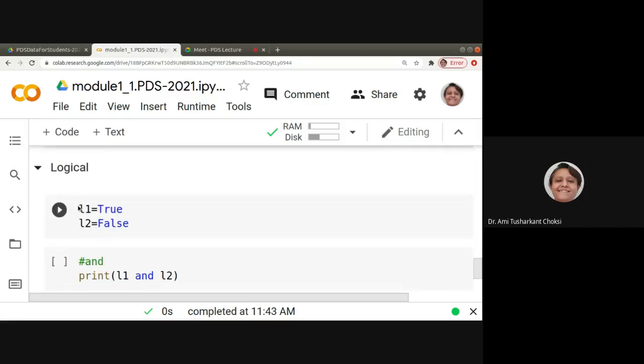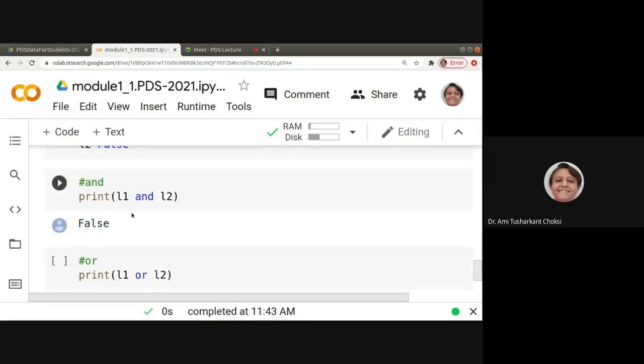For logical, true and false, right? So we can do the bitwise operations. So L1 is true, L2 is false. Now what we do is we are doing L1 and L2, and operator we have used here, right? Is it the and operator that is for the bit and operation? No, it is not that. That is ampersand.